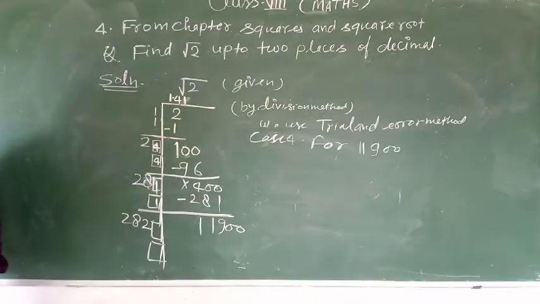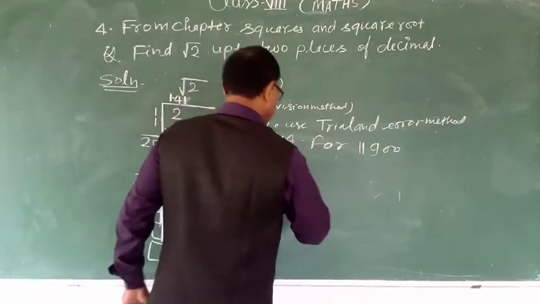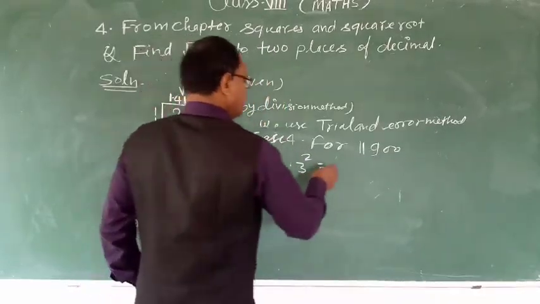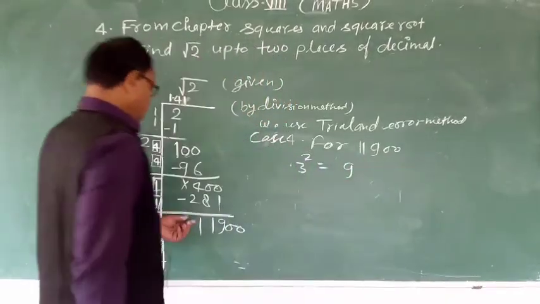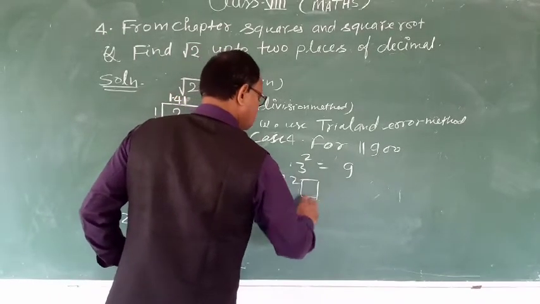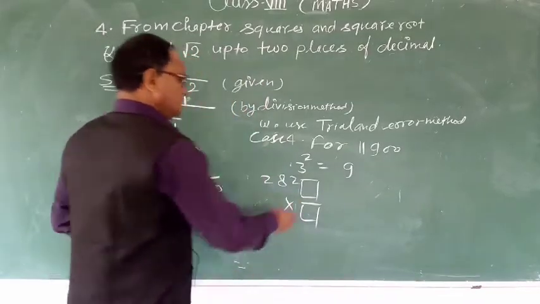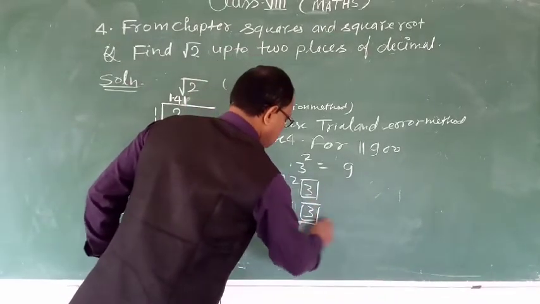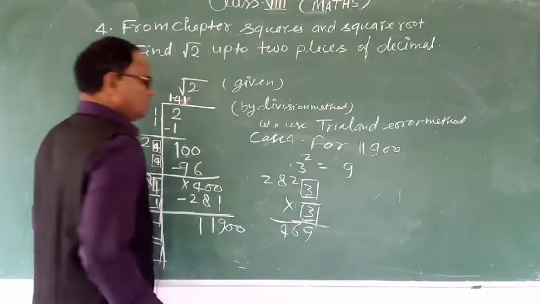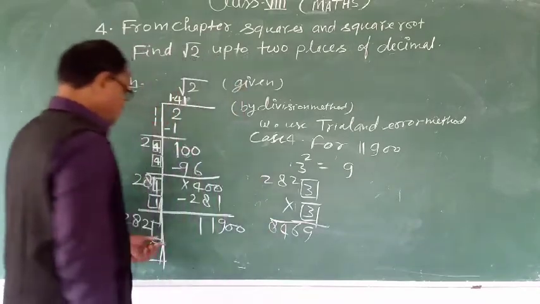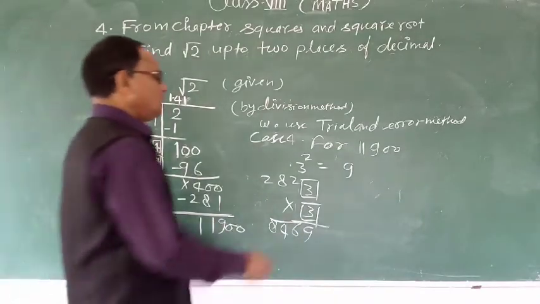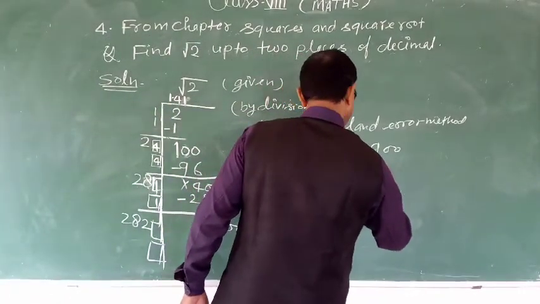Here we can take 3 square, 1 square, 2 square. Take 3 square. 3 square, 3 3s are 9. Then we write here box 3. 3 3s are 9, 3 2s are 6, 3 8s are 24, 3 2s are 6, 2 8, which is less than 11900. After this, 2 8 2